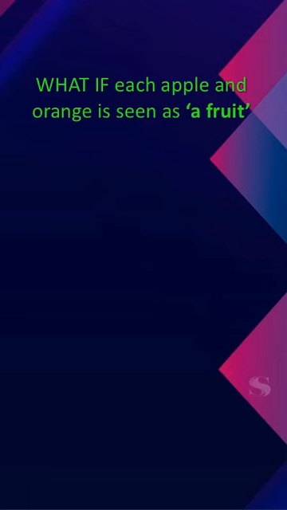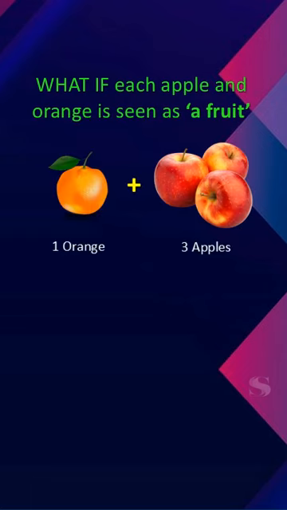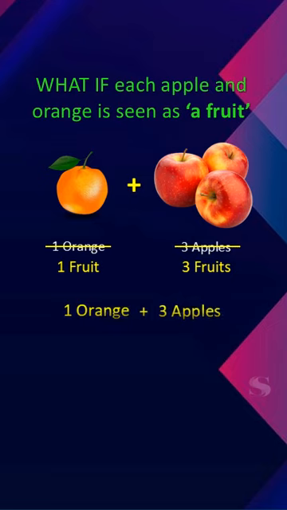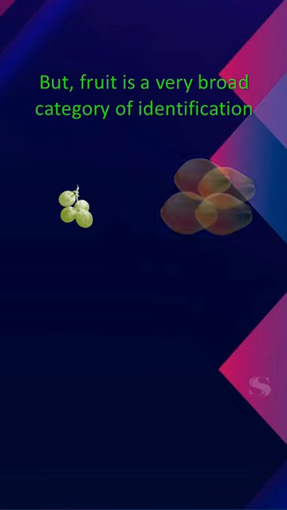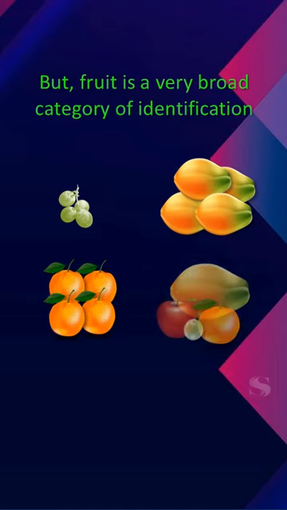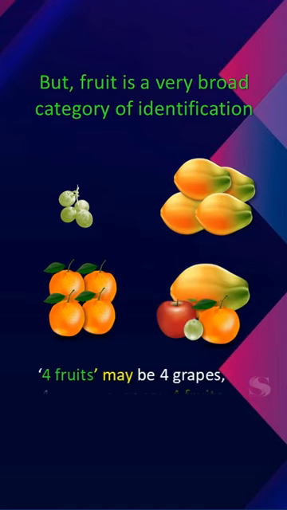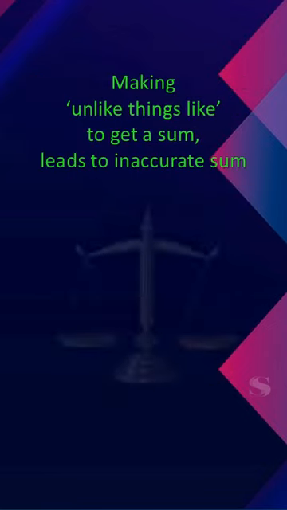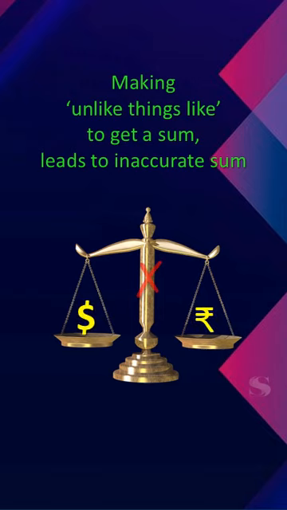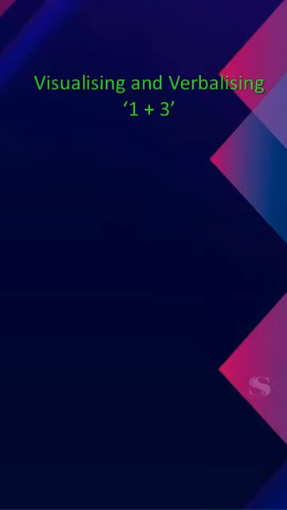We can easily add apples and oranges if we identify them with their common denominator, fruits. We can add different things by replacing their identity with something common. But 4 fruits may not all be apples and oranges, and it is an uncomfortable feeling to think of 4 fruits to eat and get to see 4 grapes or 4 papayas. Thus, while we could sum the oranges and the apples as fruits, we did lose the meaning of that one quantity, 4 fruits. Addition is a very nuanced operation.